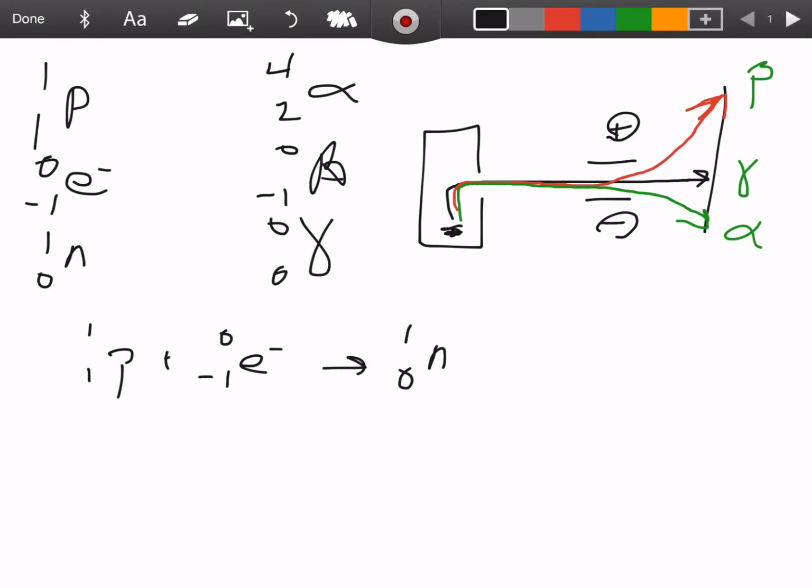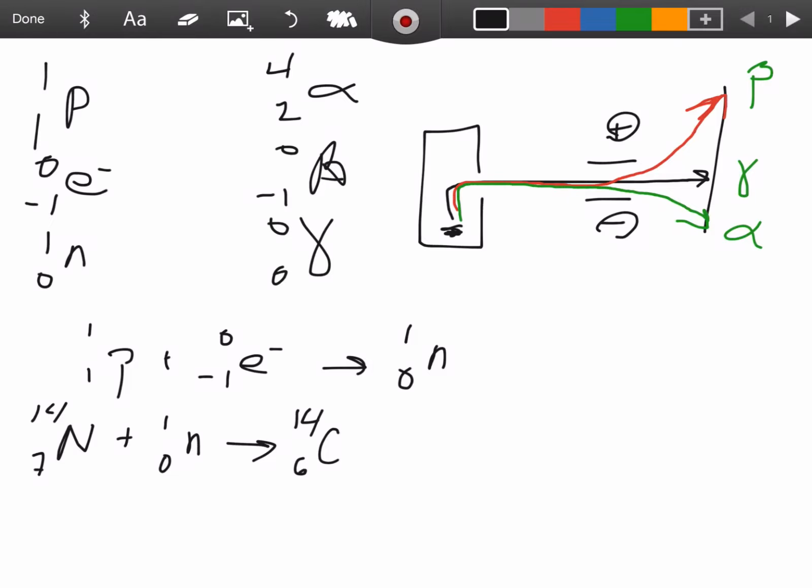You've heard of carbon-14 dating before. Where does carbon-14 come from? Actually, carbon-14 comes from nitrogen in the atmosphere. So this is the symbol for nitrogen. It's got 7 protons and 7 neutrons. In the upper atmosphere, it can interact with neutrons, and when this happens, what we end up getting is carbon-14,